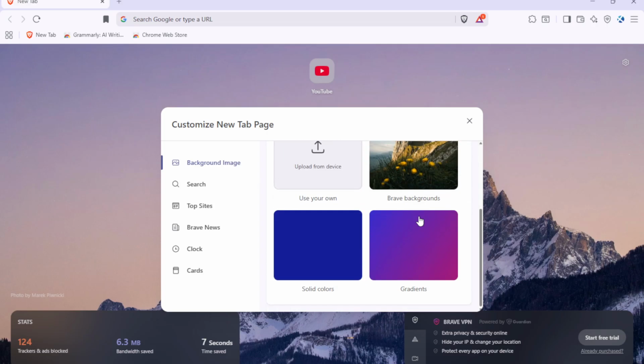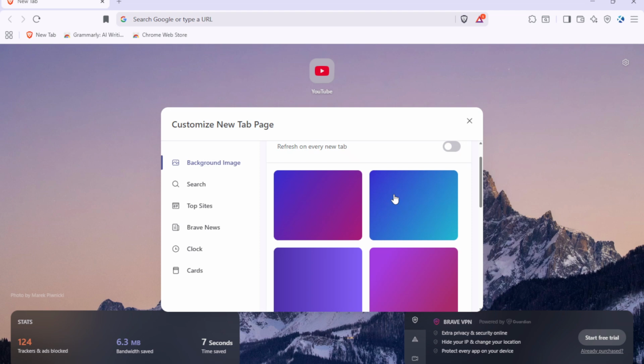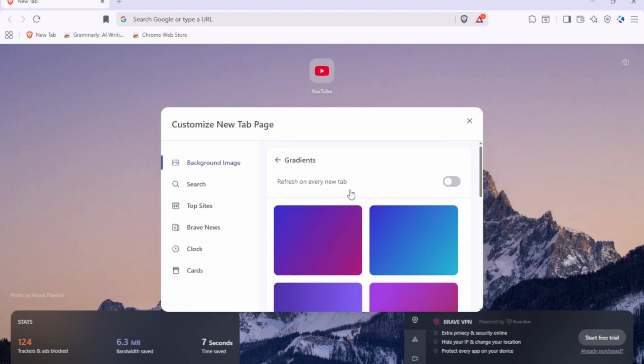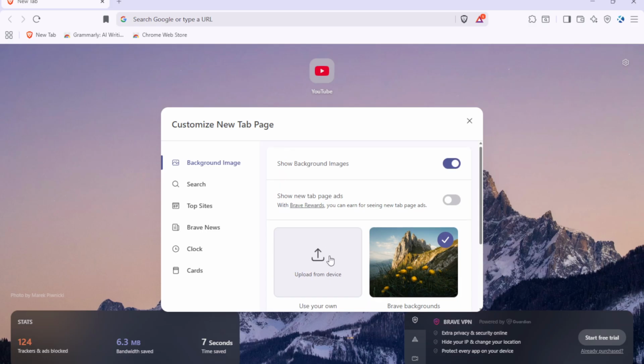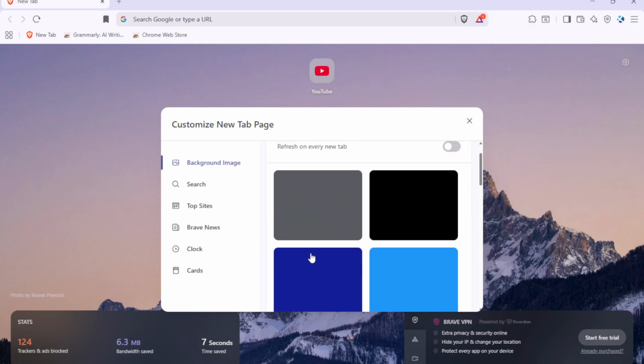If you prefer a solid color or your own photo instead, you have a couple of choices. Some versions let you pick a solid color directly or upload a custom image, while others give you a single master control. In that case, you can uncheck Show Background Images entirely to remove wallpapers and reveal a clean, solid